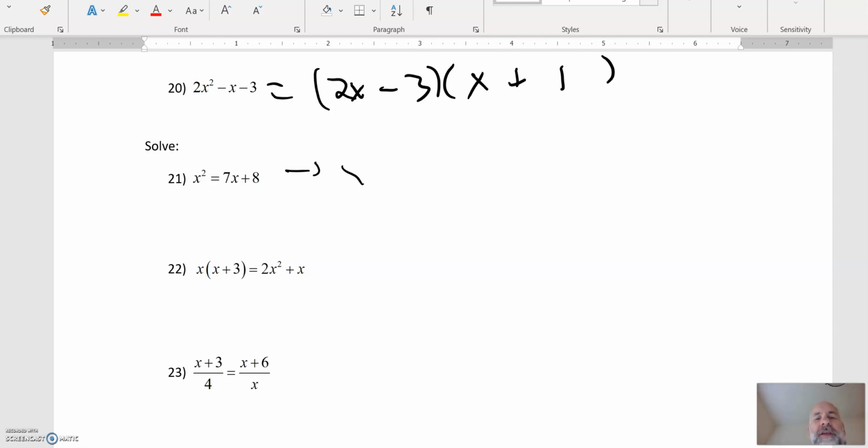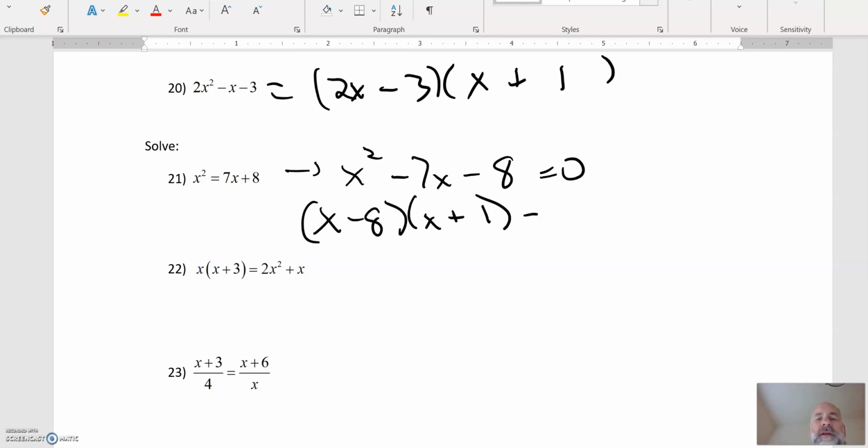So to solve this, it's x squared minus... I first have to make it equal to 0. We'll talk more about that later. And that's (x minus 8)(x plus 1) equals 0. And so that tells me that x has to be 8 or -1. That's all the work I have to do. And it's fast compared to the quadratic formula. Next one,